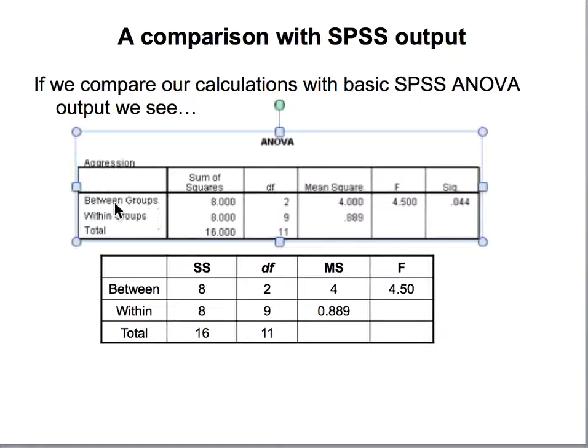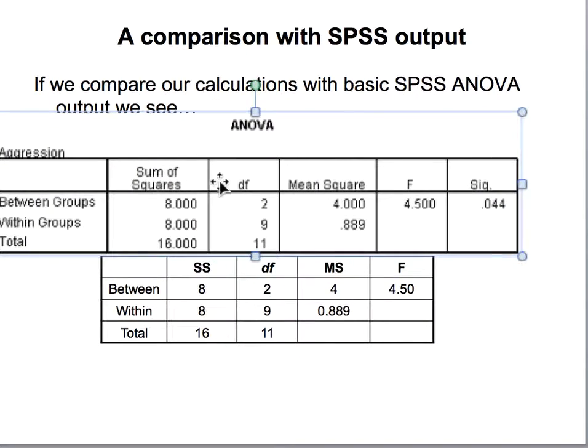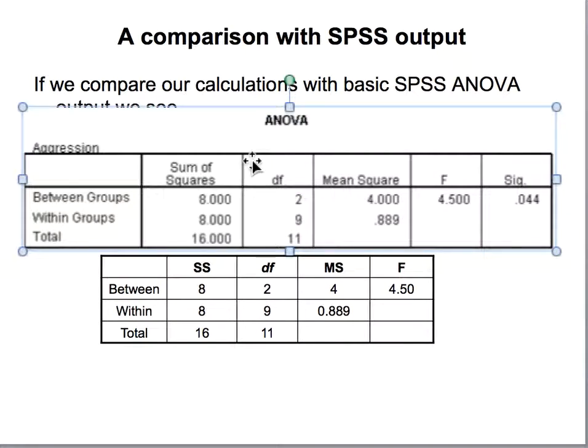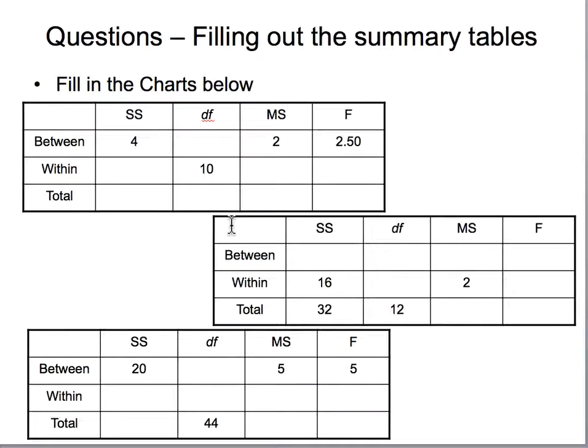If we look at how this compares to what we get if we looked at SPSS, it's exactly the same. And any stats package that runs an ANOVA will give it to you in this format. Same kind of summary table, as it's called. Now, what I'd like you to be able to do is fill in these summary tables below, given the